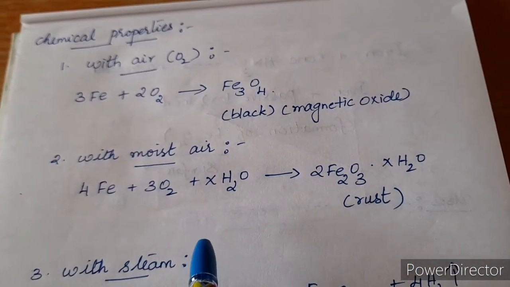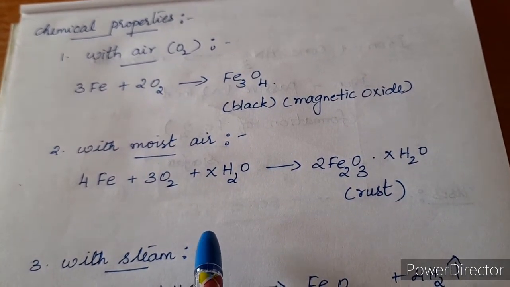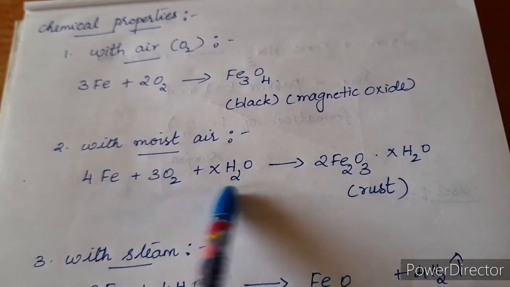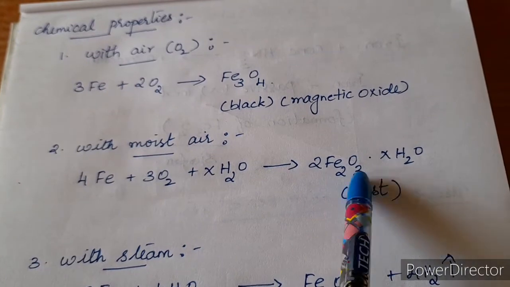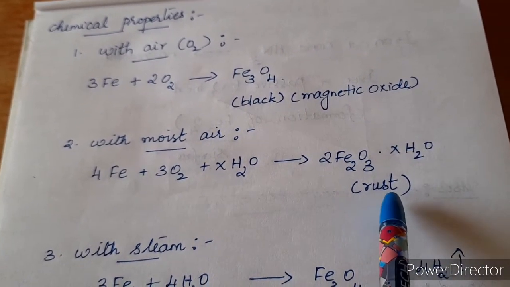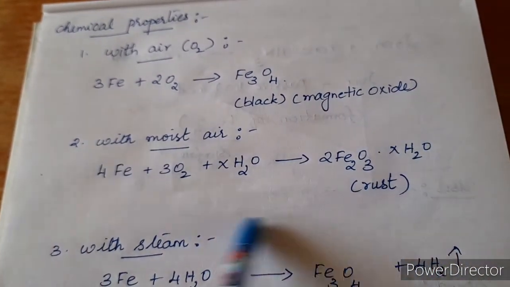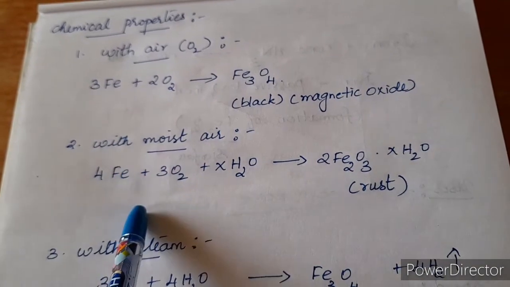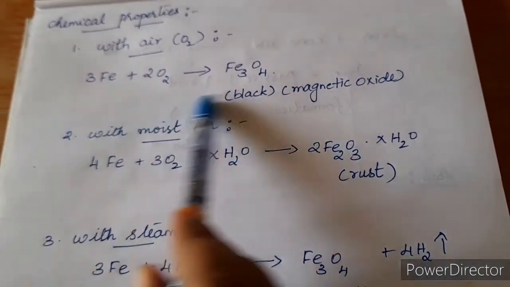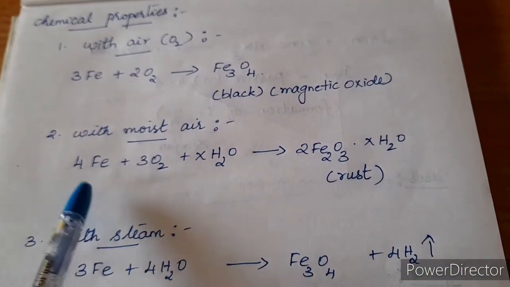You would have seen the rusting of iron, isn't it? When iron gets rusted, you get a reddish brown powder. This reaction takes place because iron, when it comes in contact with moist air, gives this product, which is nothing but the rusting of iron. That is corrosion. This particular reaction is very, very important because the rusting of iron reaction is asked often in the 2-mark questions. So try to write this in your classwork and memorize this reaction.